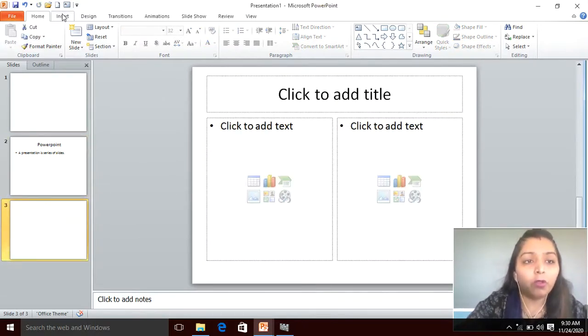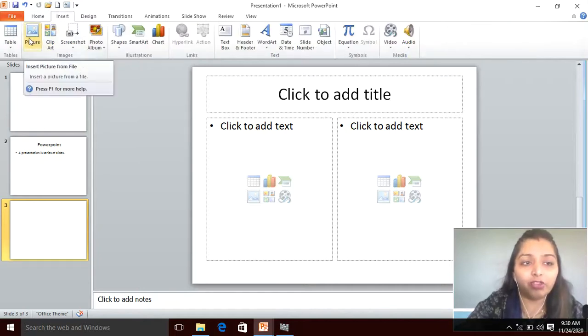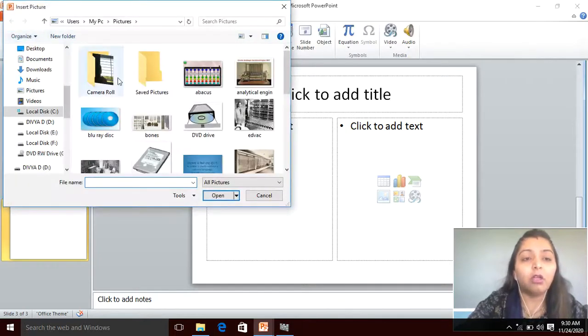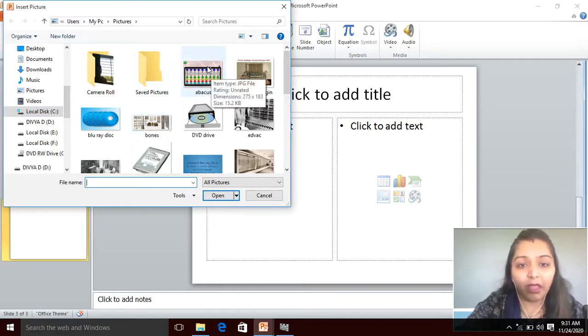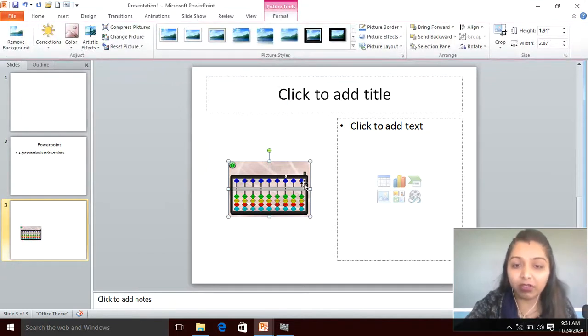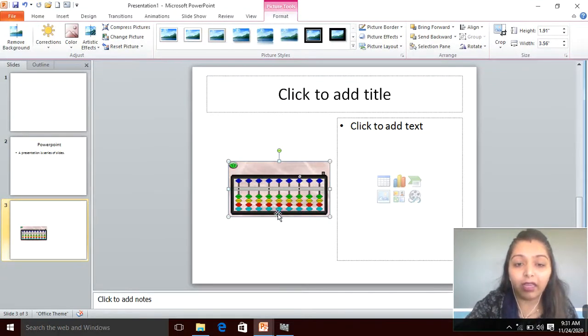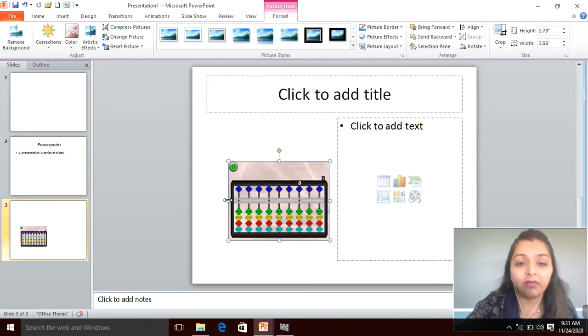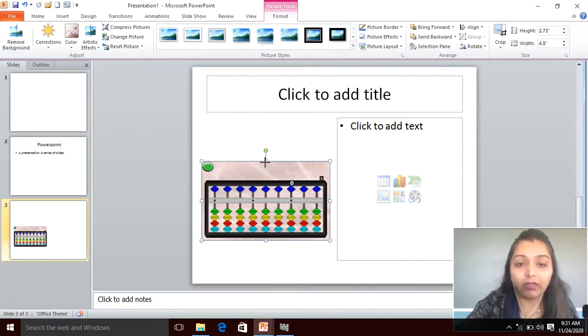Now see, for suppose how to add pictures. You will go to the Insert tab. Here you have the Picture option. Here you will click. Now see, these are the pictures which are there in my computer, in my laptop. Now you can also insert online pictures. If you have an internet connection, you can insert, like for suppose if I am inserting a picture of Bacchus, see here the picture has been inserted. Yes, I can increase the size, I can decrease the size, anything I can do like this.